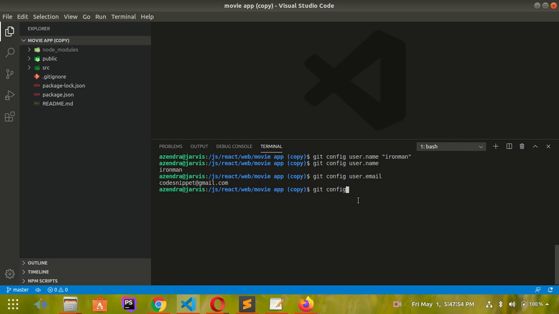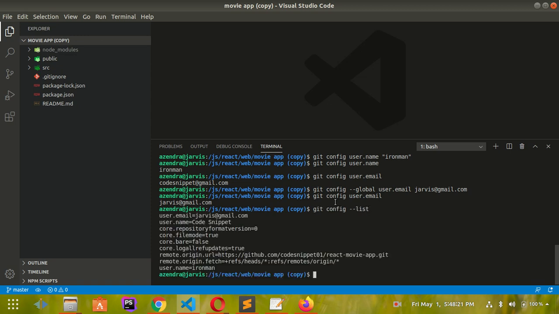git config. You also need to use the global command: global user.email jarvis@gmail.com. Now to view our git config user.email. Now let's view it all together: git config --list. So